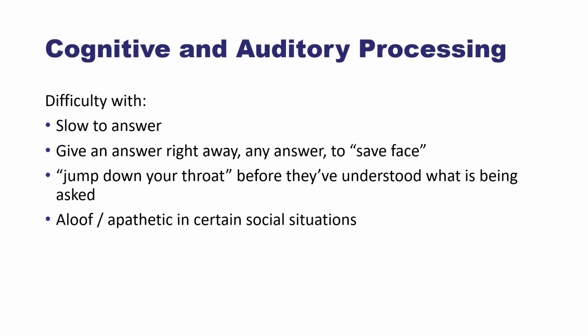If you're from a different family, you might be using a different kind of vocabulary than you might use in your own home, and so there are words that they may never have heard, and it just becomes very overwhelming for a child with FASD, and so they might just step outside, or they might freeze, or they might go sit on the couch somewhere in another room. To us, it might look like they're being rude or antisocial, but their brain might just be taking a break, or it may not be able to think of a way to interact with everyone appropriately. Some with cognitive and auditory processing difficulty, having difficulty processing information, might follow through on instructions improperly.